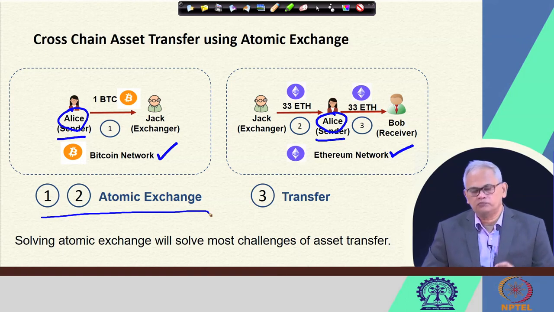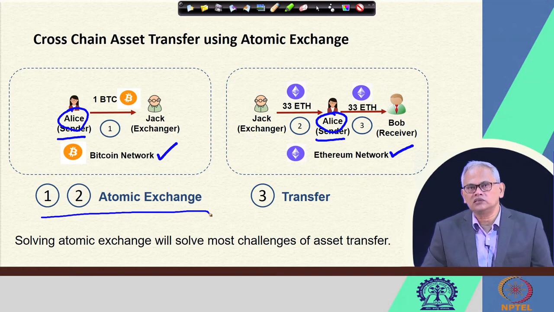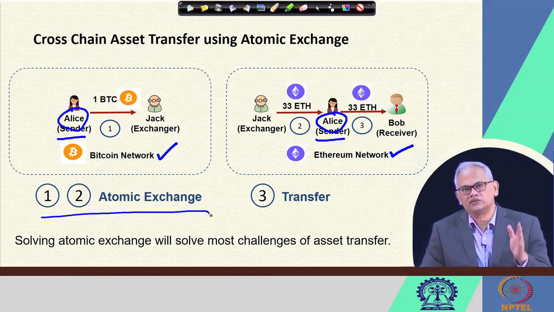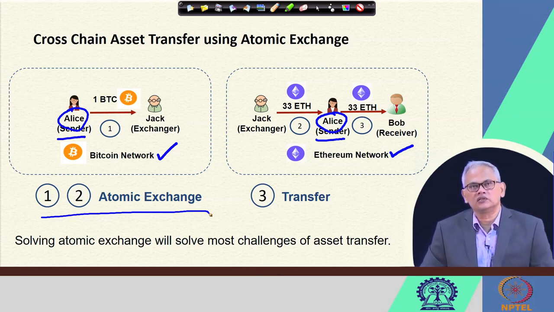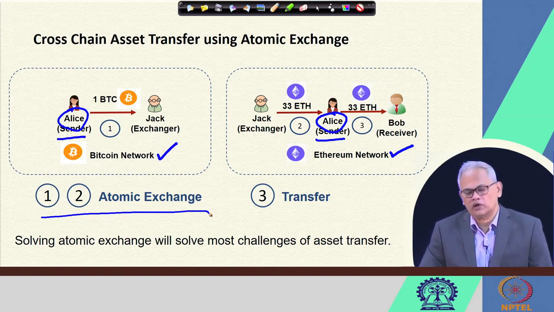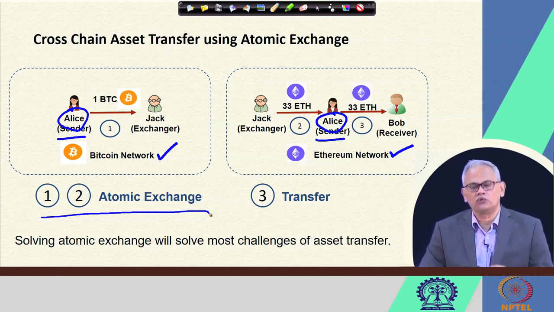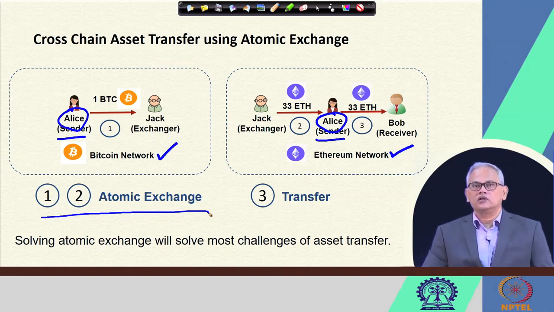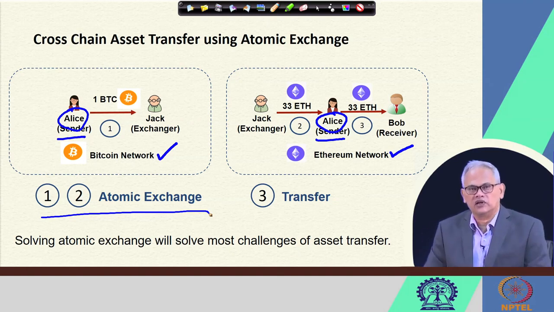to Alice in the Ethereum network, they should be carried out atomically, and once it is there with Alice, it means what Alice in effect has transferred equivalent of one Bitcoin, which is this 33 ethers from her account in Bitcoin network to her account in the Ethereum network, and once these 33 ethers are there in Alice's account in the Ethereum network, Alice can later on transfer in this step 3 these 33 ethers to Bob. So, what is important is that this 1 and 2 should be atomic exchange, and after that the transfer can